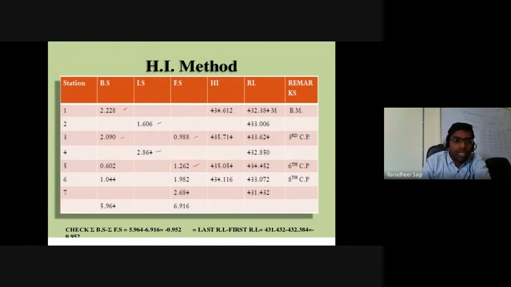Okay, so there itself you are going to be writing down your seventh reading, but that seventh reading is going to be listed under what is called your backside. And what is said is, after the eighth reading, once again your instrument got shifted. So when I say my instrument got shifted immediately after the eighth reading, automatically that eighth reading has to be listed under your foresight. And my ninth reading becomes the backside,